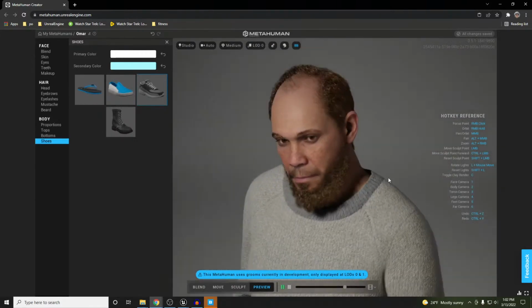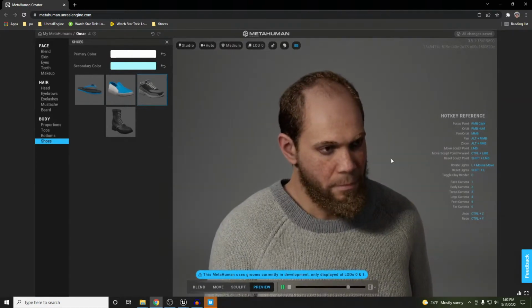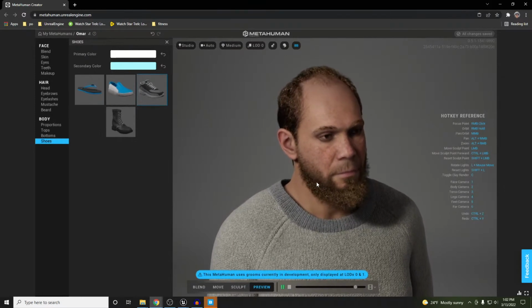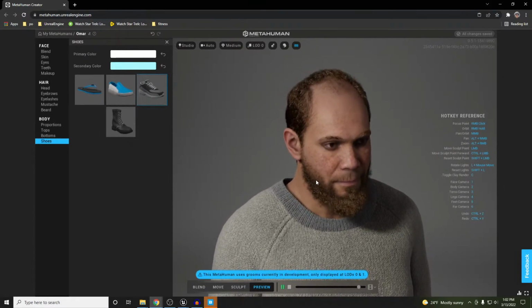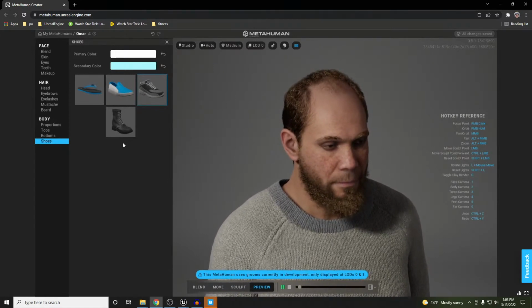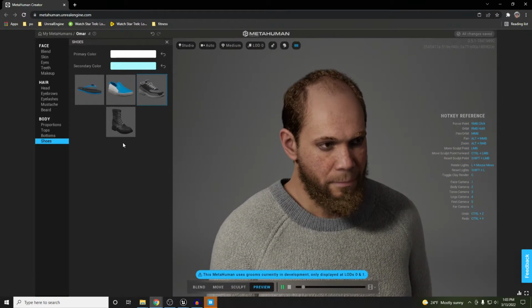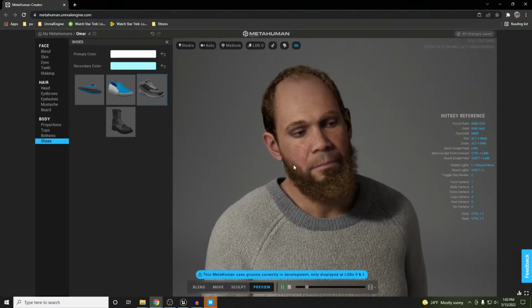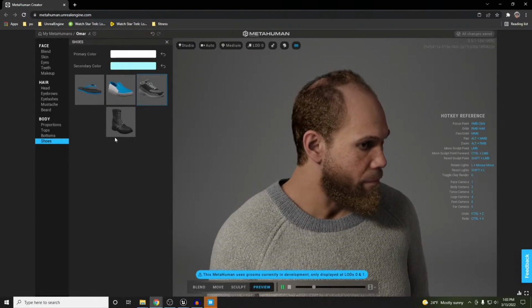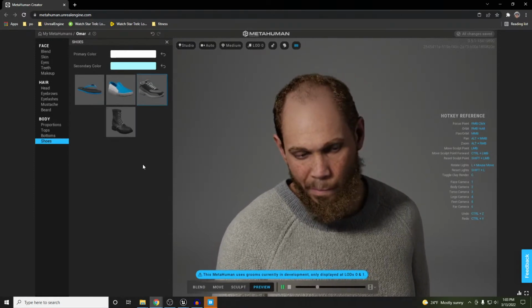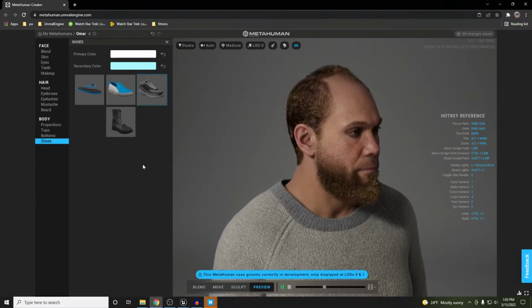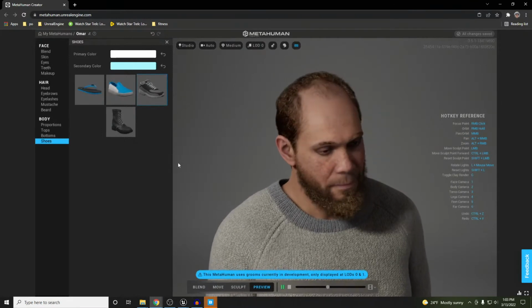I'm not sure if they're going to. I would love to see more variety for that, but as far as clothing, yeah, unfortunately, I think what you see is what you get. I don't think there's anything else that they have outside of what's on here. Maybe I'm mistaken. Maybe there's other people out there that have played around with metahumans more than I have. But